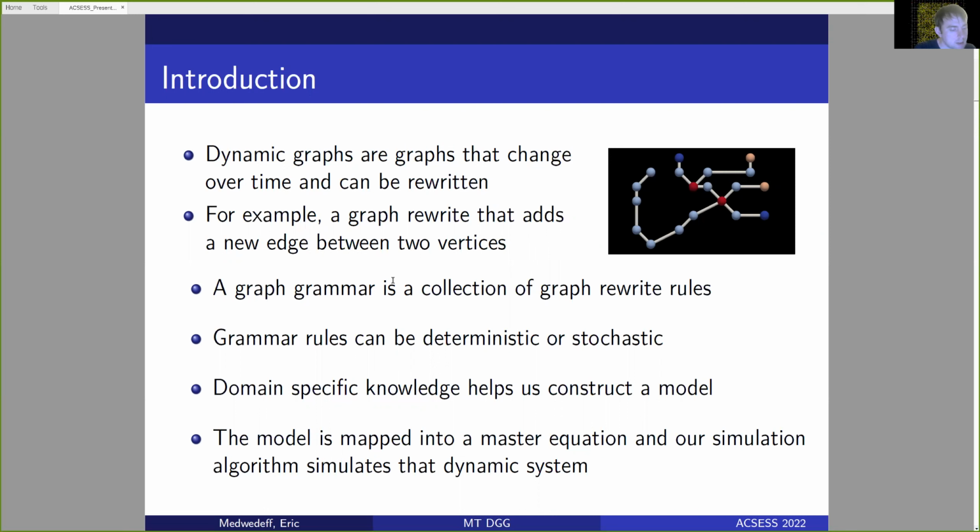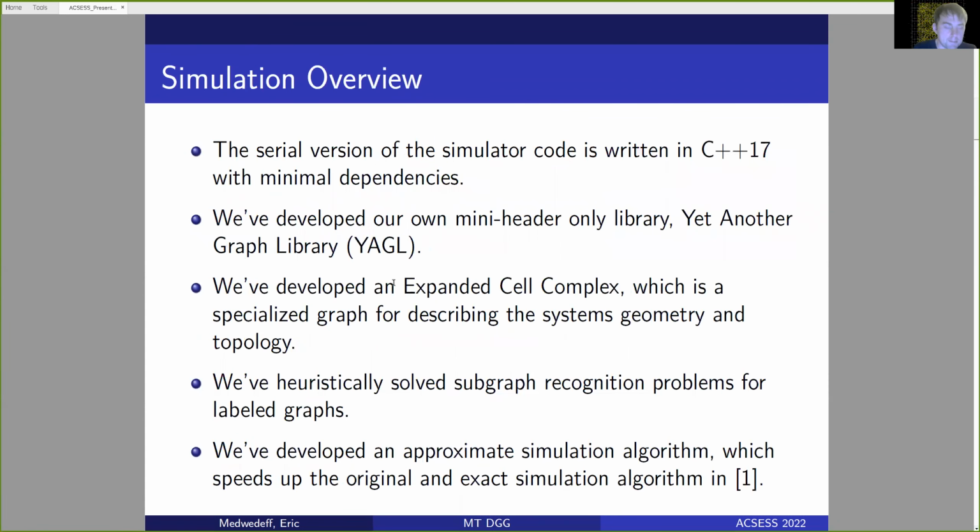A master equation is a set of first-order linear differential equations governing the time evolution of joint probability distributions of state variables of our dynamic system. And the master equation itself is a computationally intractable equation to solve for large systems directly, so we use a sampling algorithm to simulate it instead. So our simulation algorithm is actually mapped into our simulator, and we have so far written a serial dynamic graph